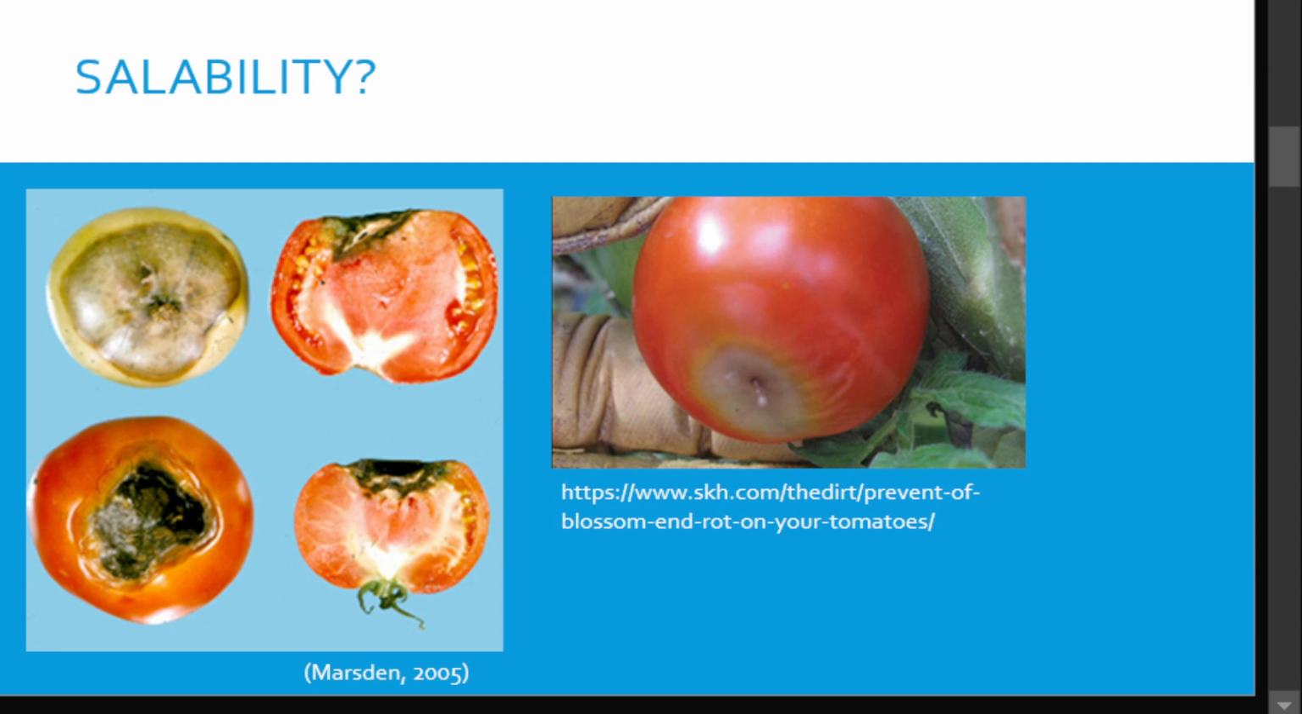So how does this affect their salability? Personally, if I saw the tomatoes on the left in the store, I wouldn't even give them a second glance. I'd be like, nope, they're done. They're so gross. Tomato on the right, that to me looks more so like it's infected, but I still probably